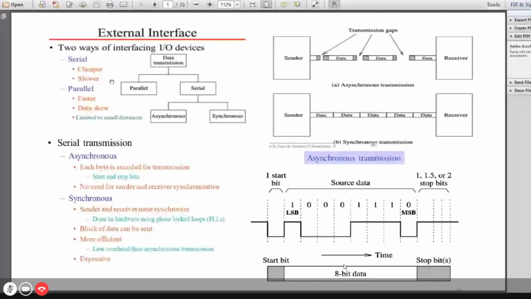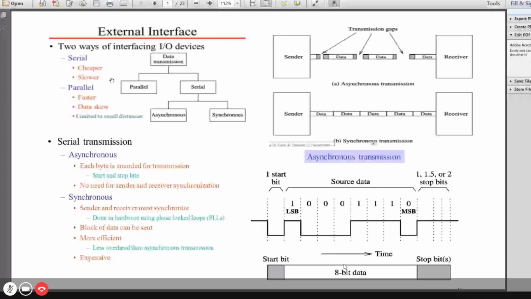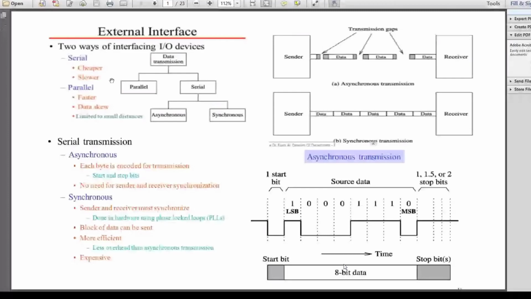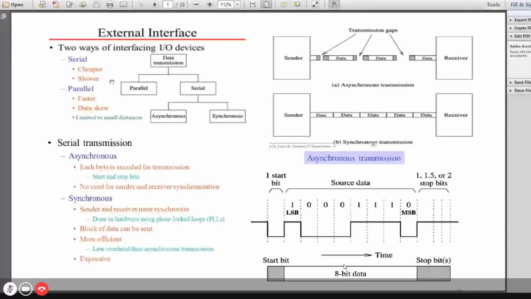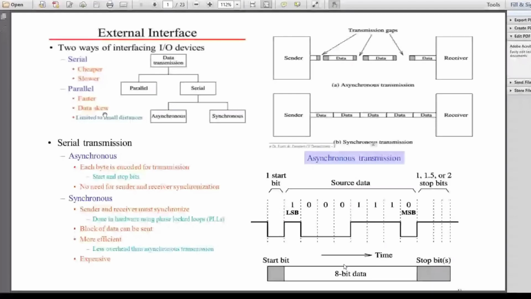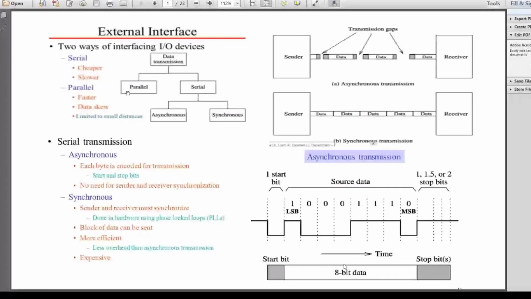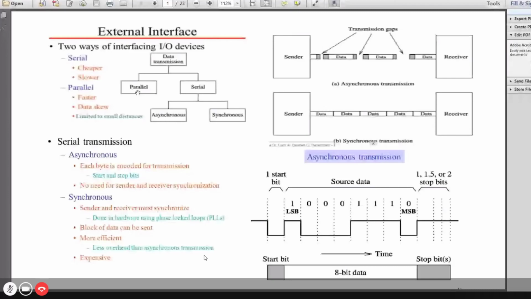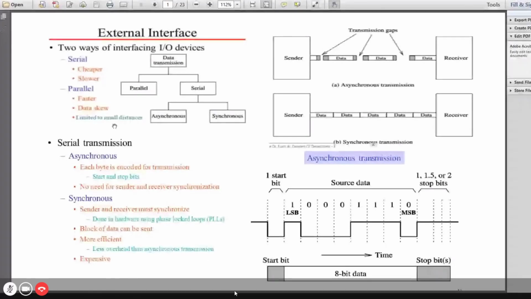Some zero might not have become zero, it may be maintained as in the earlier one itself. So there is a skew, that is, there is not a correct representation of the data. There is a change in the data. So whenever the distance between the devices supplying data and receiving data is very long, parallel communication is not effective. So parallel communication is limited to small distances.